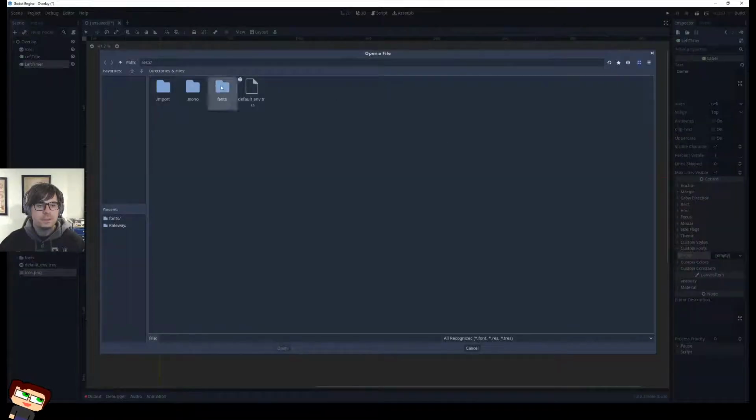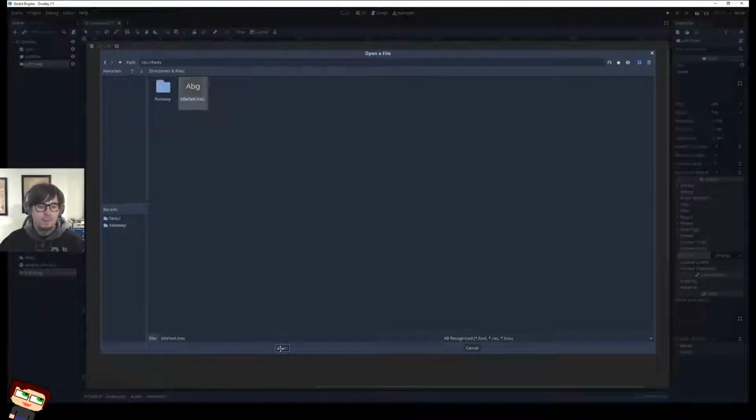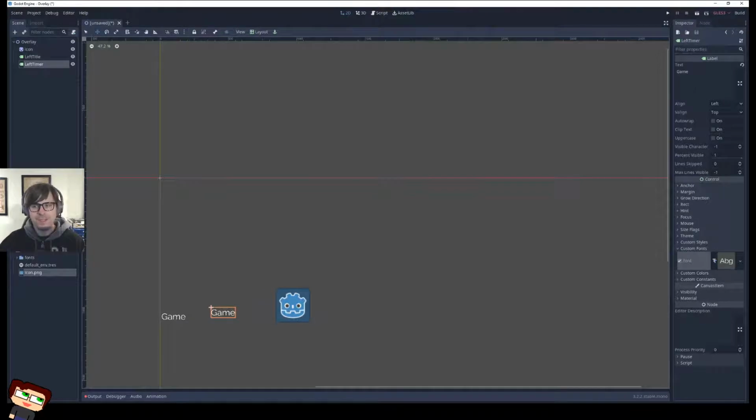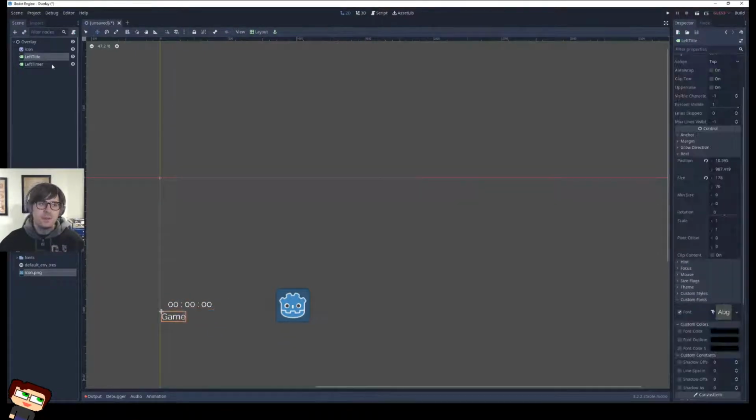Load. Look at that. I went from 'I can't do this' to 'nah, let's just do this.' So 0, 0, 0, like that. This is our game timer that we're going to use if we have a timer, if we have time logic, which we're not going to do today. Well, maybe we'll see. How much time do I have left? We've got another hour to get this going, so we've got time, baby.